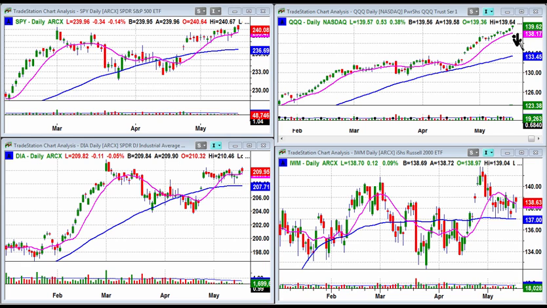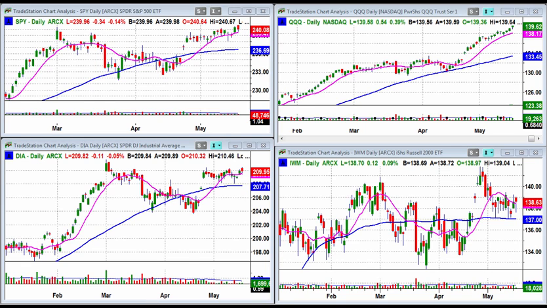Now, if the Qs do that, as I was just saying, I don't think it's a huge negative so long as you don't get the breakdown over here in the SPYs below this level and the IWM breakdown on this level, right? So if the Qs break their 10 and continue, and the other two break their levels of support that I've drawn here, then we start to worry about the downside. Now, it doesn't mean we start to worry about a crash, but it definitely means we're going to take a more defensive position. All right, so that's the markets kind of in a nutshell.